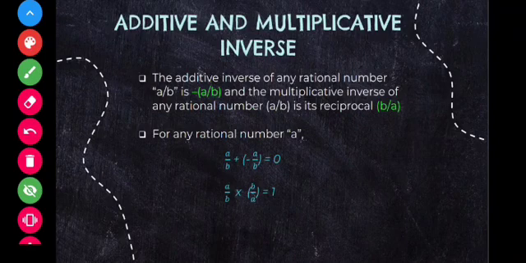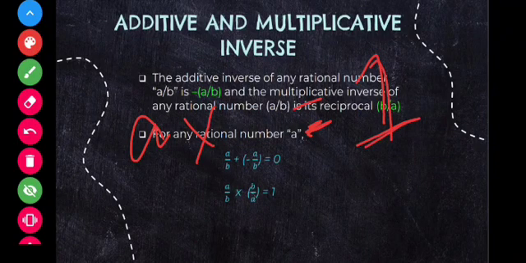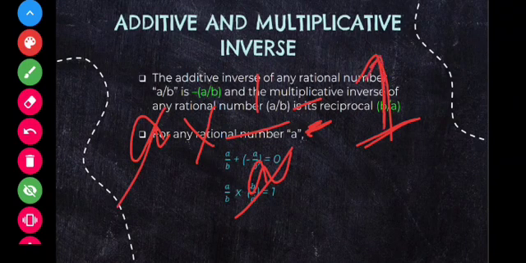Multiplicative inverse is something, let's say we have a number a, we have to multiply this with a certain number such that we get the multiplicative identity. What is multiplicative identity? We have seen in the previous slide it is 1. So what number will you multiply here such that the multiplicative identity will come? You will multiply by 1 by a such that a and a get cancelled and we get 1. So this is for integers we have seen so far.